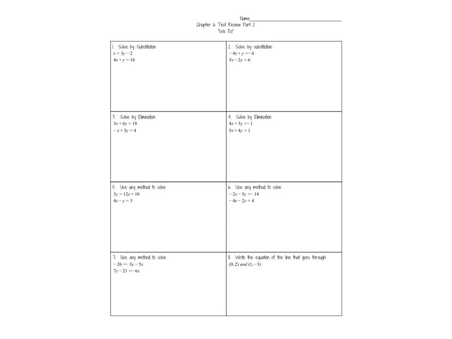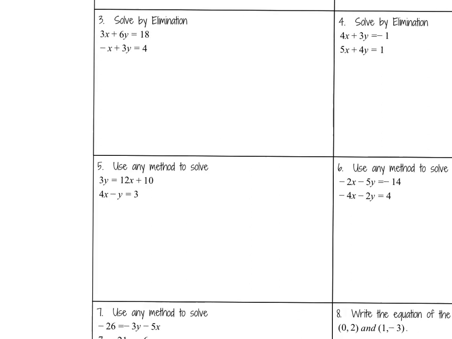Alright, so now we are working on Chapter 6. This is the test review part 2, and we're going to be working numbers 5 through 8. Now 5 through 8, well, specifically 5, 6, and 7, are all about choosing the method that you want to